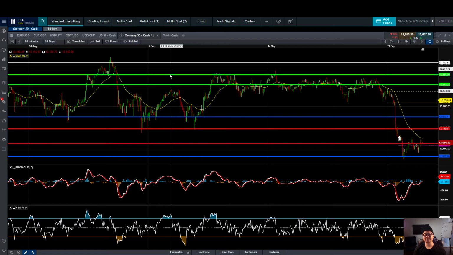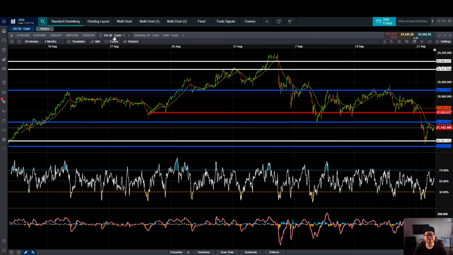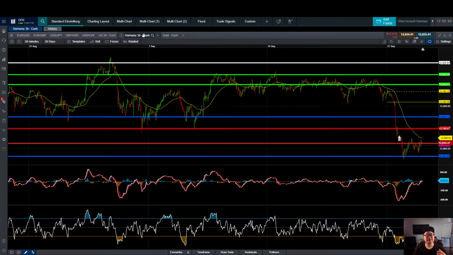So when we look at the market, when we look at the Dow, which is here, it is the US 30. US 30 basically means they take 30 of the largest companies and how they perform in a period of time. Okay. And the same thing is with Germany. That's why it's called Germany 30. They take 30 of the largest German companies. And this is the DAX. DAX is Germany and Dow is America. So you have to remember DAX, Germany, 30, the 30 largest companies they take and how they perform during a period of time.